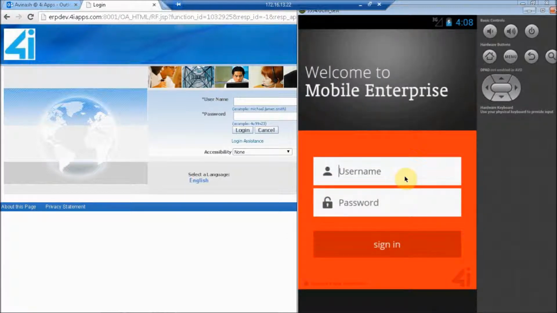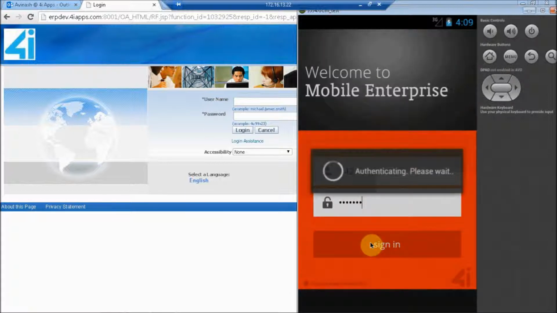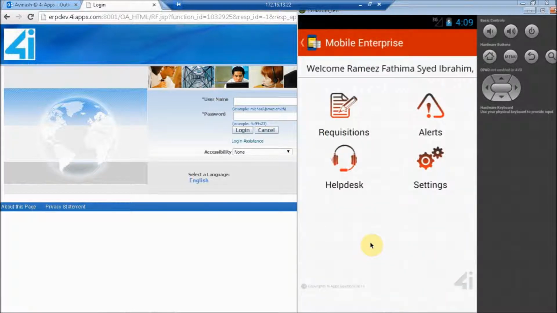The opening screen is the login screen. The login or authentication here is basically the same as how you authenticate an Oracle Apps user. The kind of authentication you do when logging into your Oracle EBS is the same one we have extended to our mobile also. I'll be logging in as a user here. The authentication process happening now is the same as what happens in the login through your EBS.